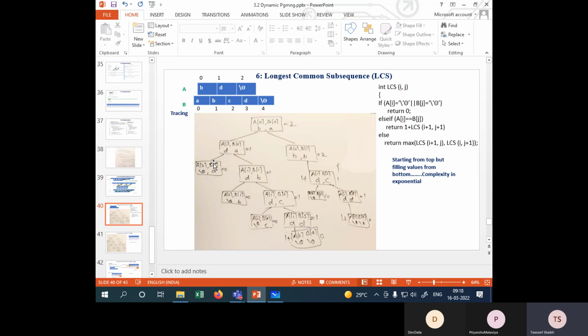सो अगर मैं अब इस वाली कंडीशन पे देखता हूँ, A ऑफ 2 C है और B ऑफ 0 A है, इस पे मैं सूडो कोड फिर से लगा रहा हूँ। सूडो कोड क्या कहता है, इफ A ऑफ i इज इक्वल टू नल और B ऑफ j इज इक्वल टू नल, दोनों में से अगर एक भी टर्मिनेशन कंडीशन पे पहुंच गया तो रिटर्न कर दो मुझे 0। अब इस कंडीशन में टर्मिनेशन कंडीशन एक की हो गई, तो आई एम राइटिंग 0 हियर, दिस 0 इज नाउ सिग्निफिकेंट, you see, you are able to see this little 0, you write 0 as big as maybe or as small it is little 0, so मैंने स्पेस बचाने के लिए छोटा 0 रखा, हाँ बड़ा भी 0 ही होता।